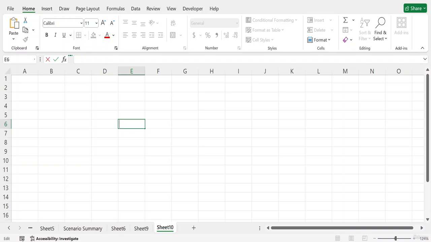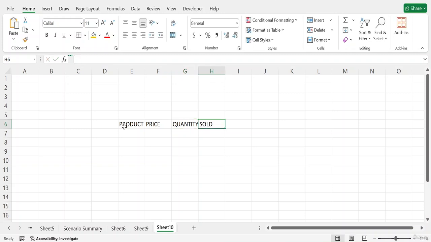So now I'll show you a simple data set, then I will use important formulas on the data set. Let's say this is the sales report of a company, and I will add the product and the price, and after that I will add quantity sold and the total sales amount.